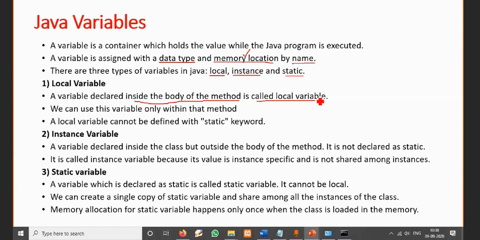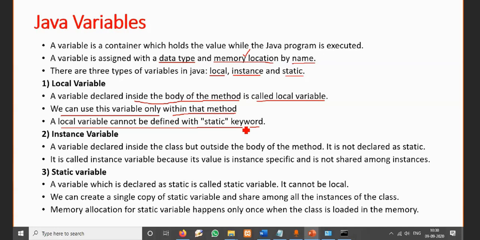Another point with local variables: a local variable cannot be defined with the static keyword, because adding static to it would become a different issue. So local variables are all the variables we define inside the function or method.